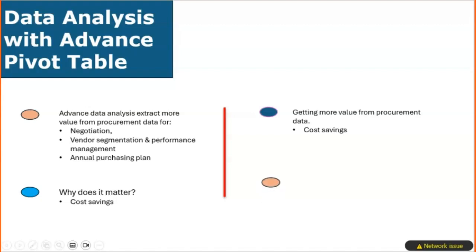There are 3 use cases for advanced data analysis in procurement. Number 1 is for the purpose of negotiation. Number 2, vendor management. Number 3, purchase planning. Let us look at